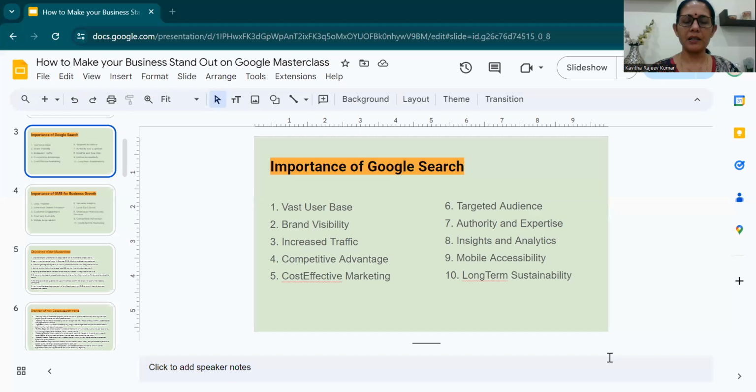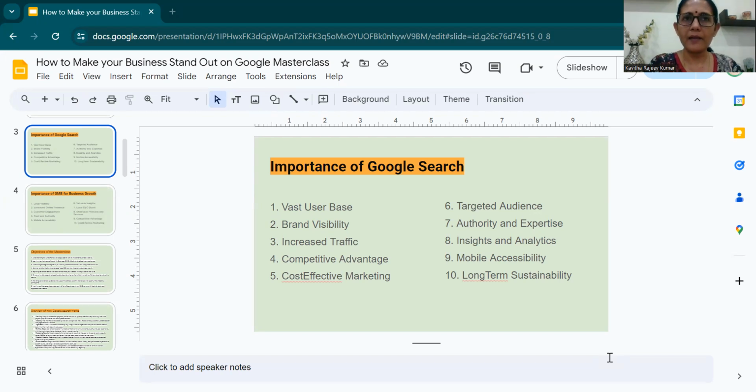And before that, let us see the importance of Google search. We all know that Google has a vast user base, and for each and everything, we go and search on Google, right? So there is brand visibility, increased traffic, competitive advantages, cost effective marketing.